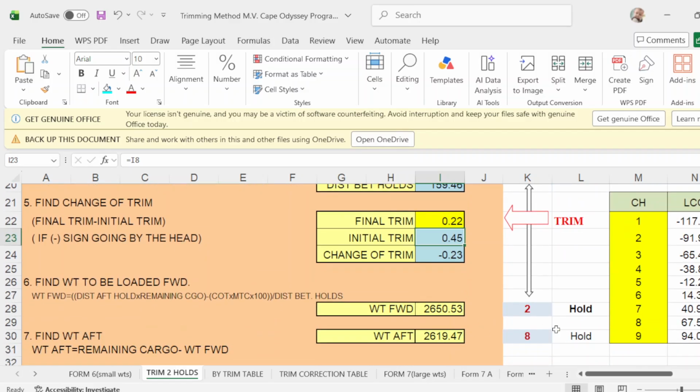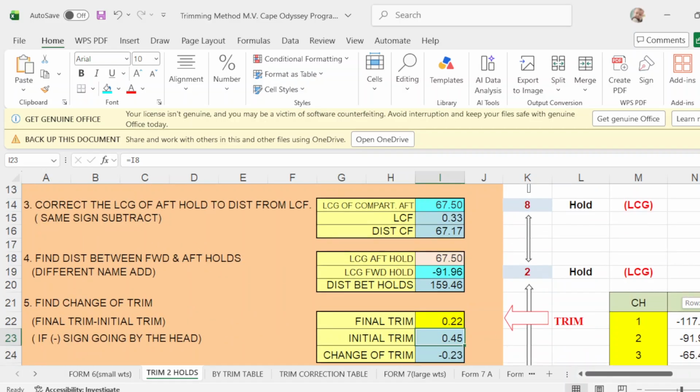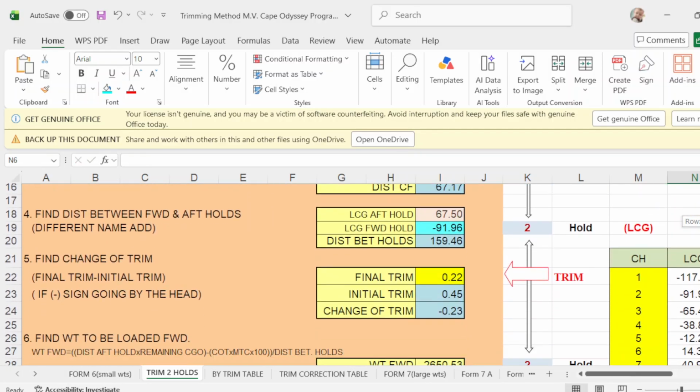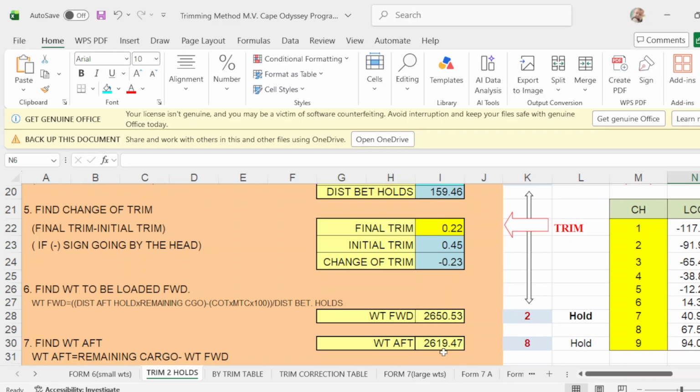So number 2, it says you have to load 2650. Let's say 2650, put here 2650, and number 8 will be 2620, if you round this up.